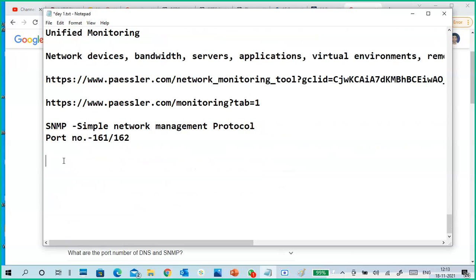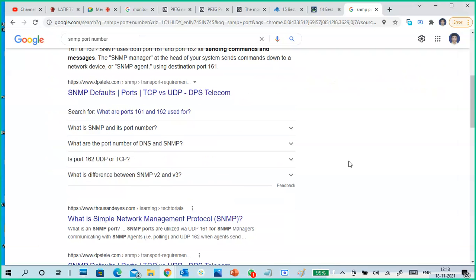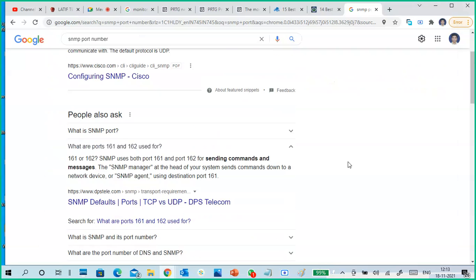So the SNMP protocol is used for monitoring purposes. It is used to check whether a remote system is on or off, or a remote system's status or performance information, which you want to get from the remote system.